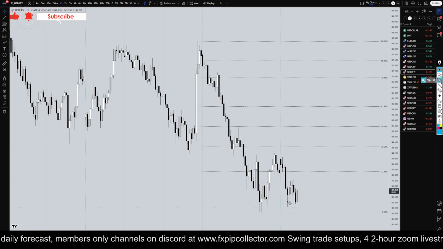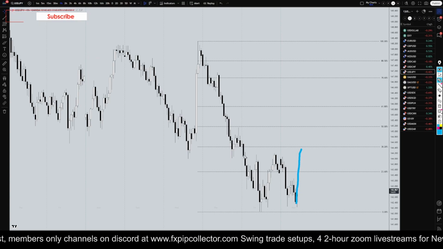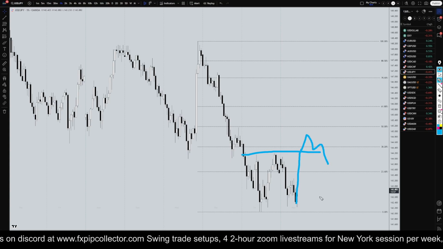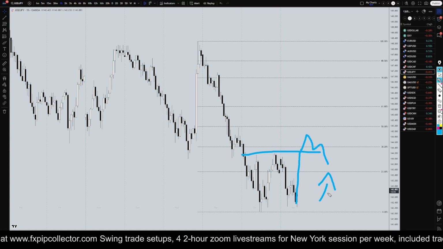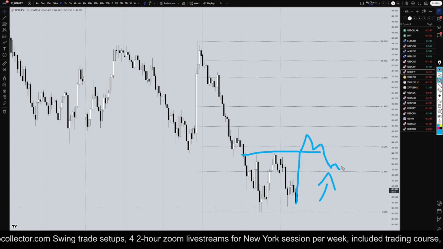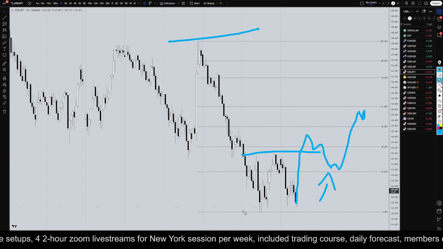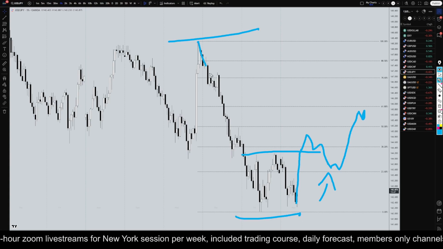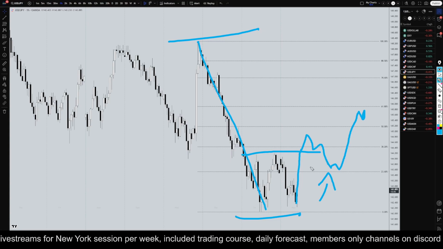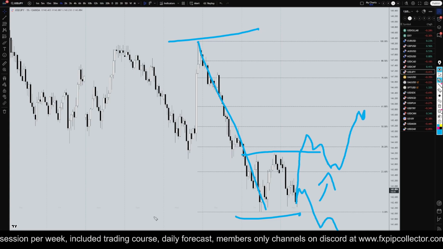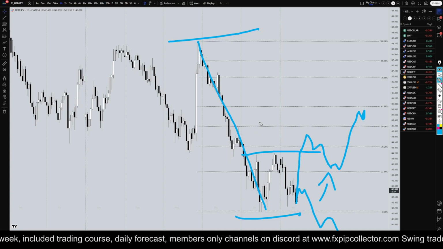Now, if you are a time frame trader and this does go up, if it does give you a nice clear break of structure, then you see a pullback, then you could definitely justify going long on the pullback. Just keep in mind that anything you see to the upside could easily just be a correction to the last wave down where I have my Fibonacci retracement. So if it does go up, which I have no idea if it will, it could possibly just keep going down, which is why I'm only looking for shorts.